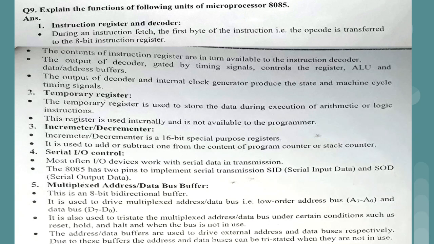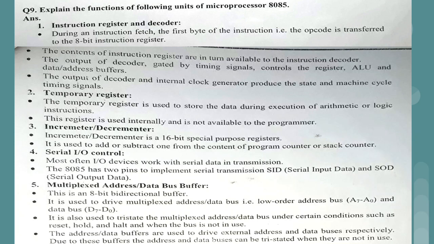So the result from the instruction decoder is sent to the control and timing section, because of which timing signals are generated. Sometimes, because of the data from the instruction decoder received by the timing and control unit, we need to set some control, or send some signal to a specific register. Again, sometimes we need to send information to the ALU, so that the ALU can make use of that particular information.